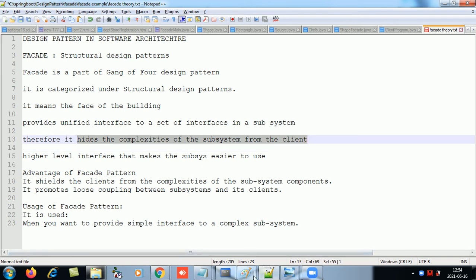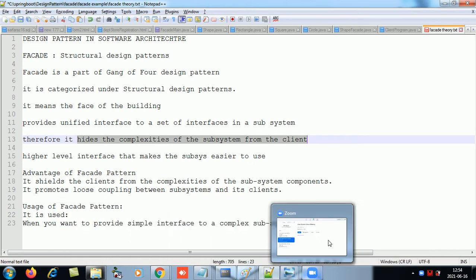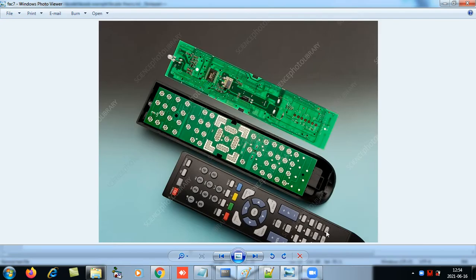If I take one more example, now this is a remote control, right? The inside circuitry is complex, but the client doesn't need to know about it. The client only sees the UI, the interface which the company has given.